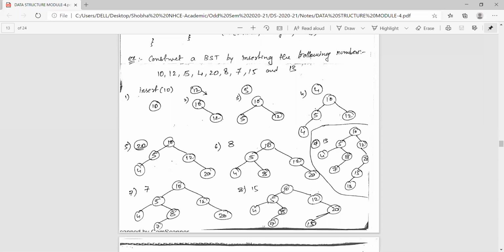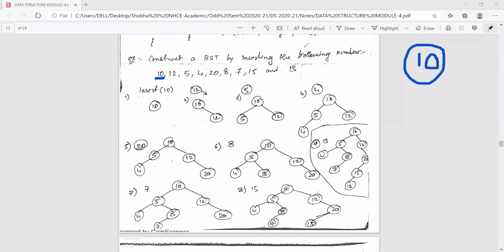As per the program, initially there is no node, so the first element to be inserted into the binary search tree is 10. That will be our root node. Then 12. 12 is greater than 10, right? Listen, all of you. 12 is greater than 10, so where should I insert?